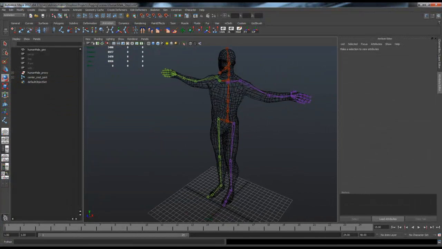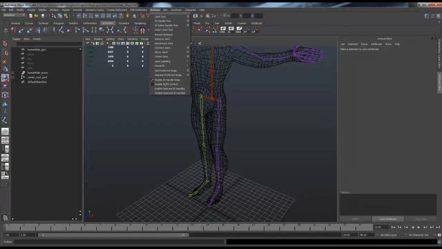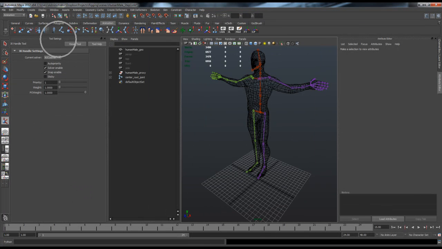Okay, so next what we do is we go to our IK handle tool, which is right here in your shelf if you're set to the animation tab, or you can go up to Skeleton, IK Handle Tool, and we're going to check our option box and bring up the tool settings for the IK handle tool. If you have any questions as to what anything is in your tool, you can go to the tool help